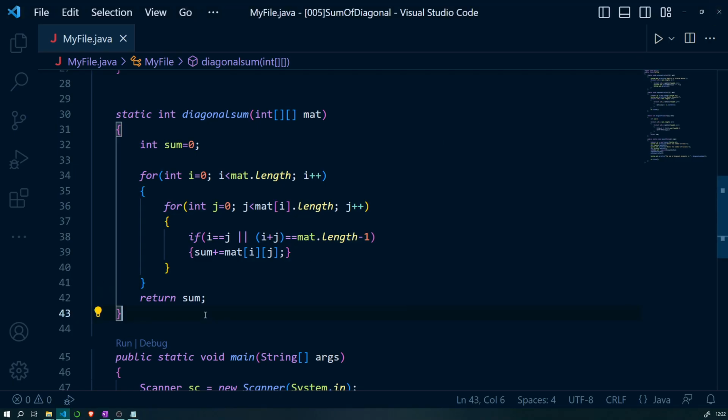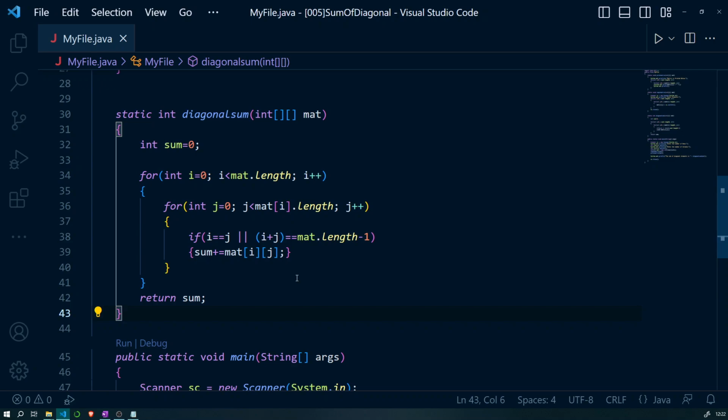Now let's discuss the time complexity. The time complexity of this code is order of n square. The reason is quite simple. We are traversing the matrix using nested loops. That's why the time complexity is order of n square.